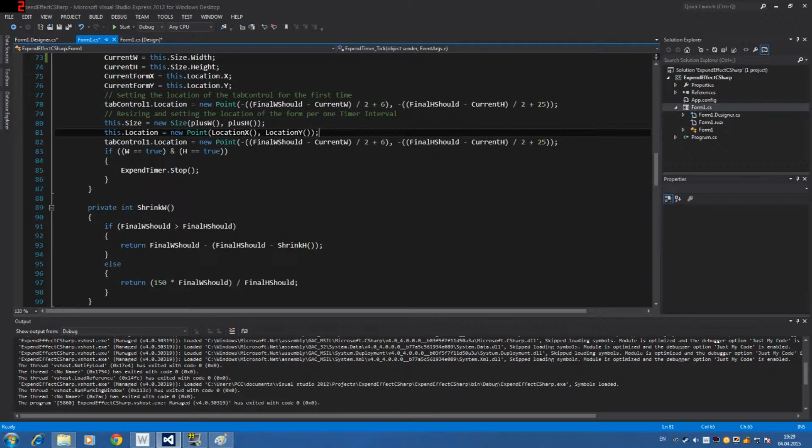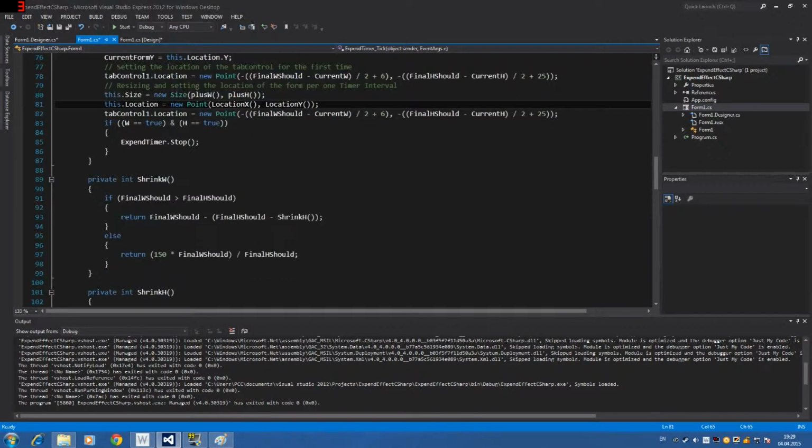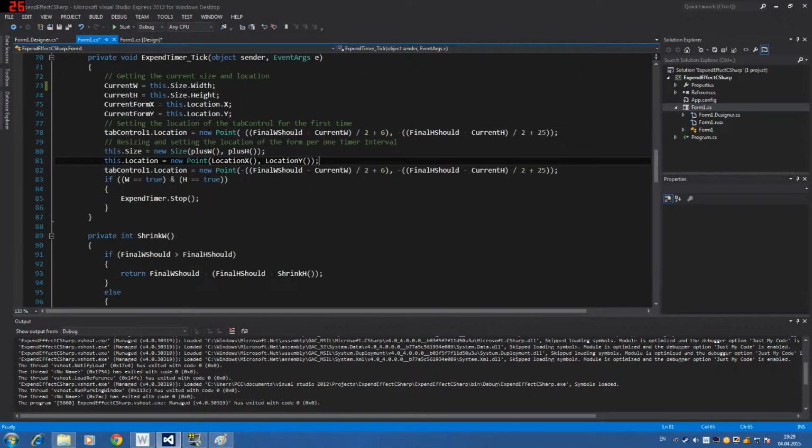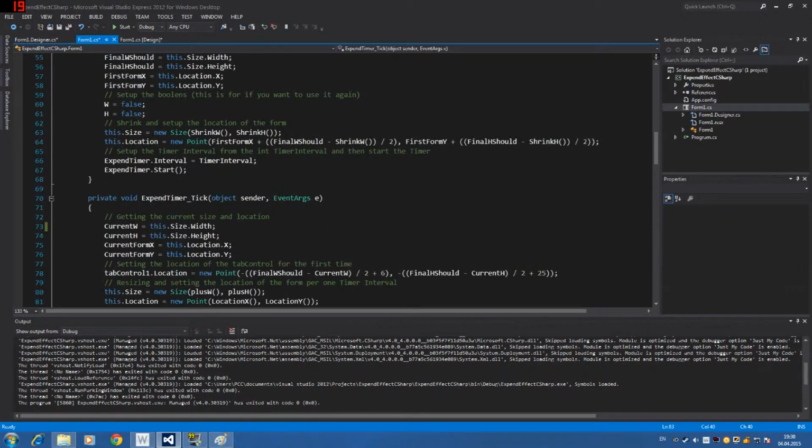I don't know why I did. You can try deleting this and then trying again, maybe. I think it will work without it. I don't know. And then if width and height are true, those booleans that we're talking about right here,